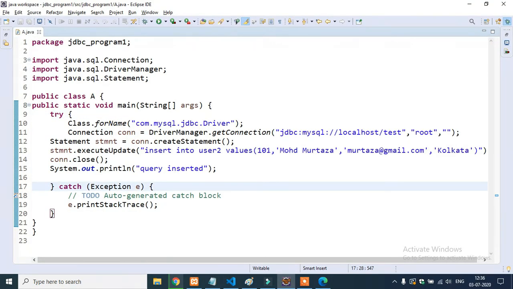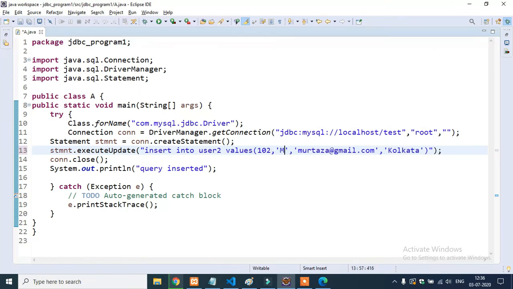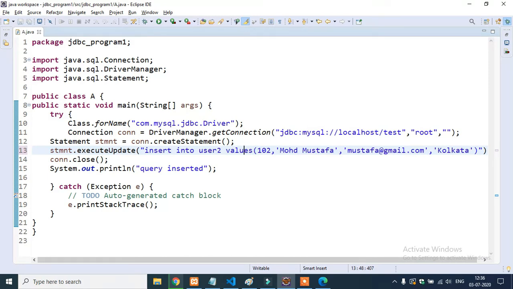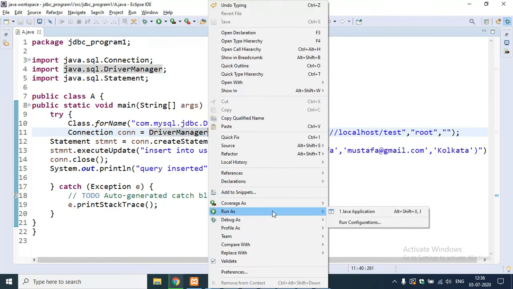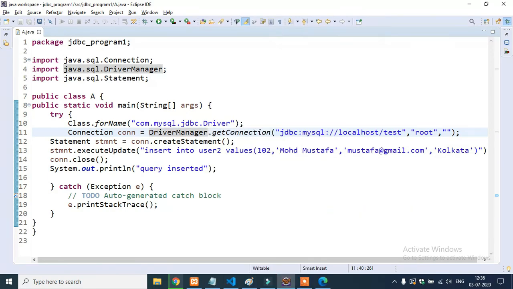Again I go here and write 102, Muhammad Mustafa@gmail.com, and let's give Kolkata as well. Okay, and save it, and let's run as Java application.